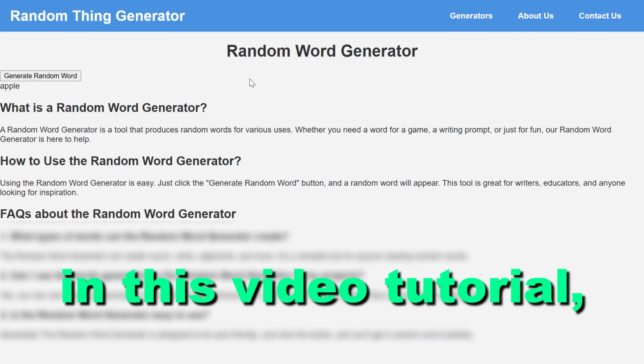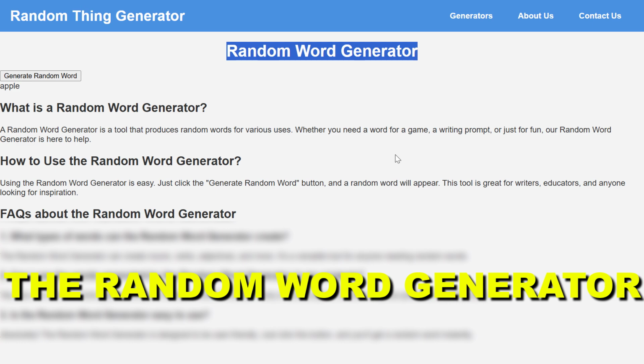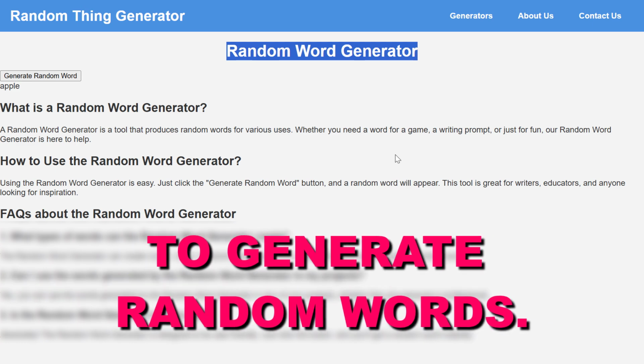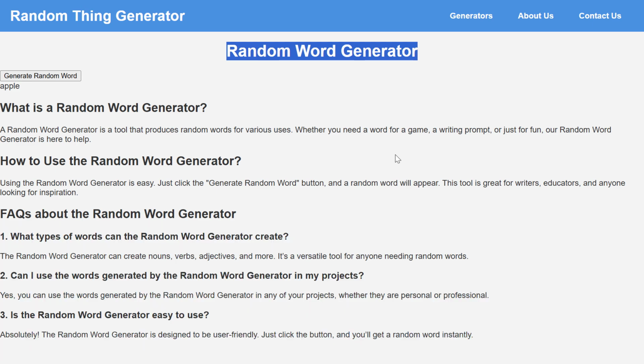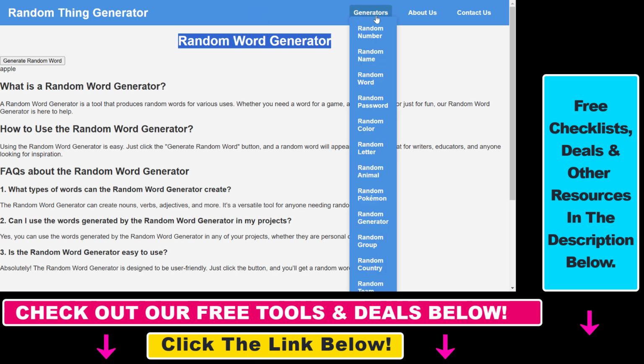Hey everybody, in this video tutorial I'm going to show you how to use the random word generator tool to generate random words. So this is an absolutely free tool that you can access by going to the URL randomthinggenerator.com. I will also link it in the description below, and once you open up the website, go to the